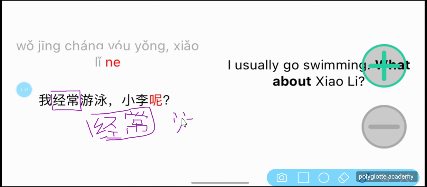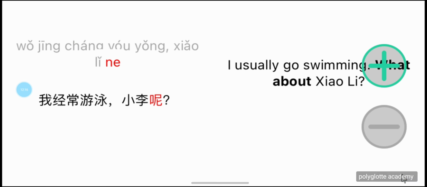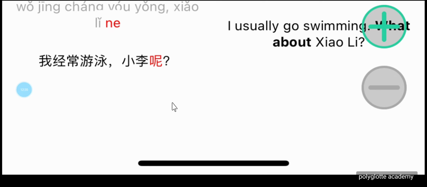Please take notes of the Chinese characters. 游泳。我经常游泳。小丽呢? I usually go swimming. What about 小丽? 非常好。